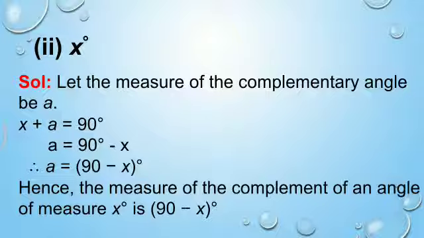Clear? So what will be your equation? x plus A is equal to 90 degrees. Now how will you do the calculation? That x you will take to the right-hand side, so addition will become subtraction. So 90 degrees minus x, what will you get? Can you subtract x from 90? No. So your answer will be 90 minus x degrees. So which is the other complementary angle of x degrees? That is 90 minus x degrees. Clear? So like this you have to find out the other complementary angle.